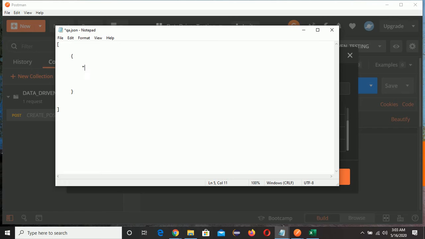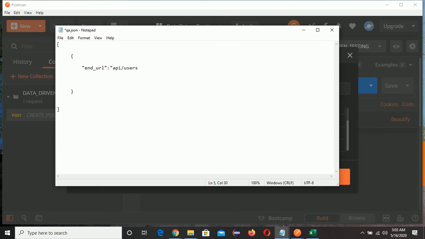For this, end underscore URL, colon, and what is the end URL? API/users, right?